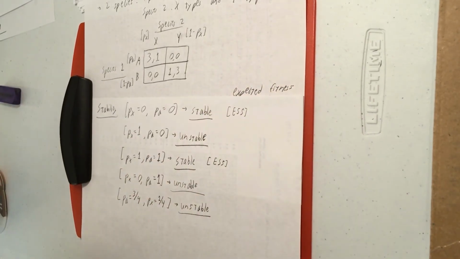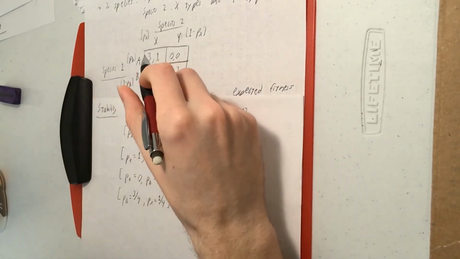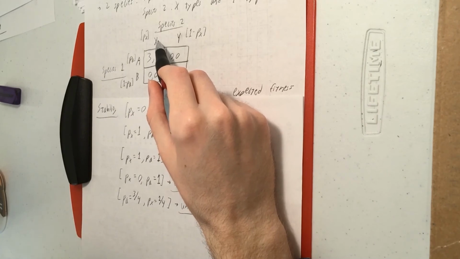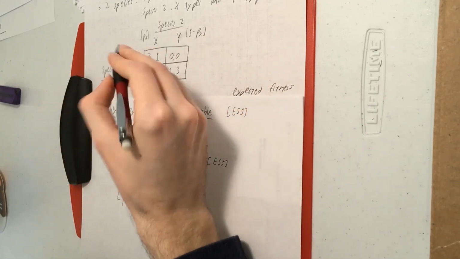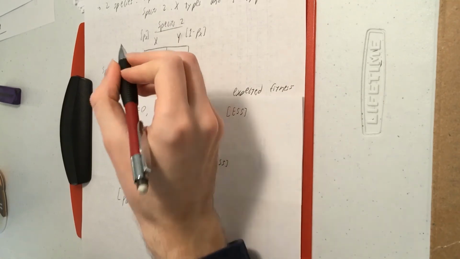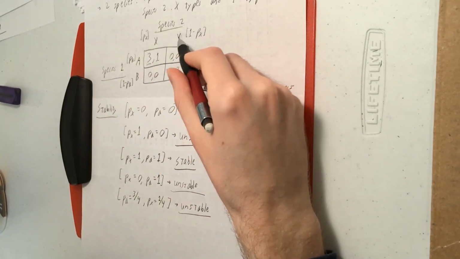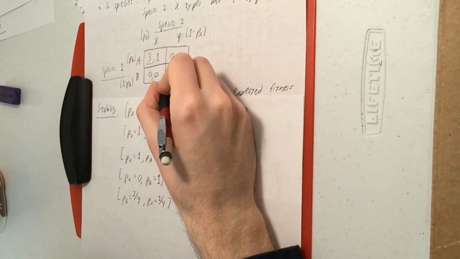And I'll find a Nash equilibrium with the usual best response analysis. So if you're species 1 and your opponent is playing X, what is your best response? You want to play A and get 3. If your opponent is playing Y, your best response is to play B and get